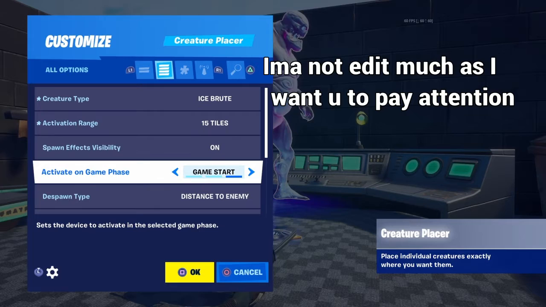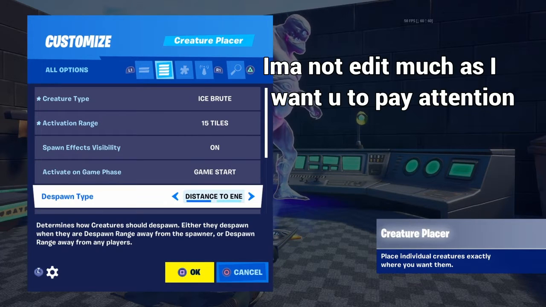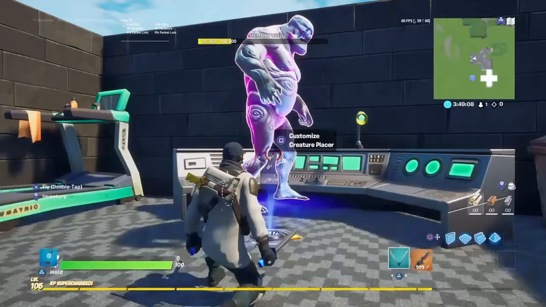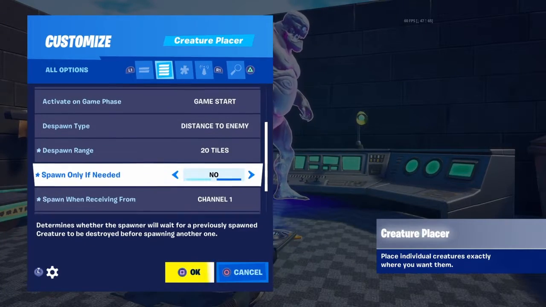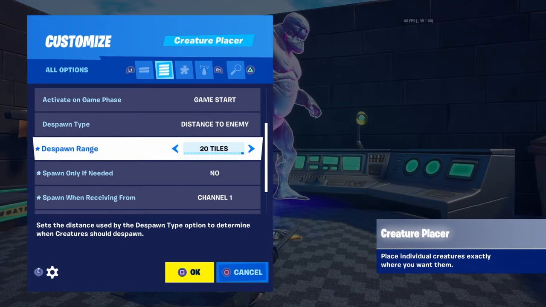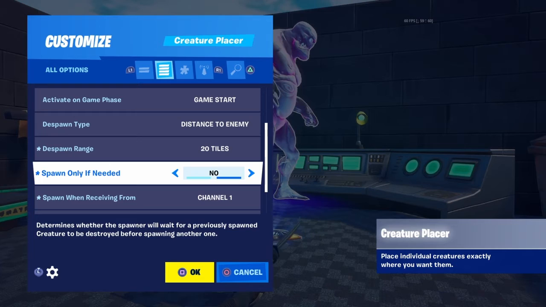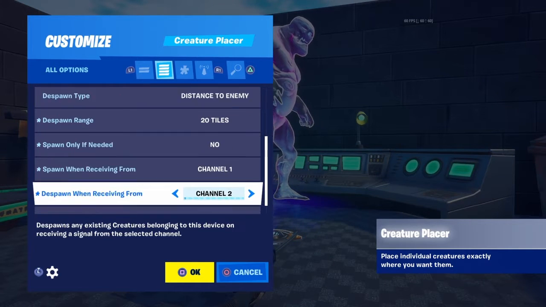Activate on game phase, game start. The spawn type, distance from enemy or distance from spawner. I mean, it's basically the same thing, really, but distance from enemy is much better. The spawn range is 20 tiles. Spawn only if needed, that's a no. Spawn when receiving from